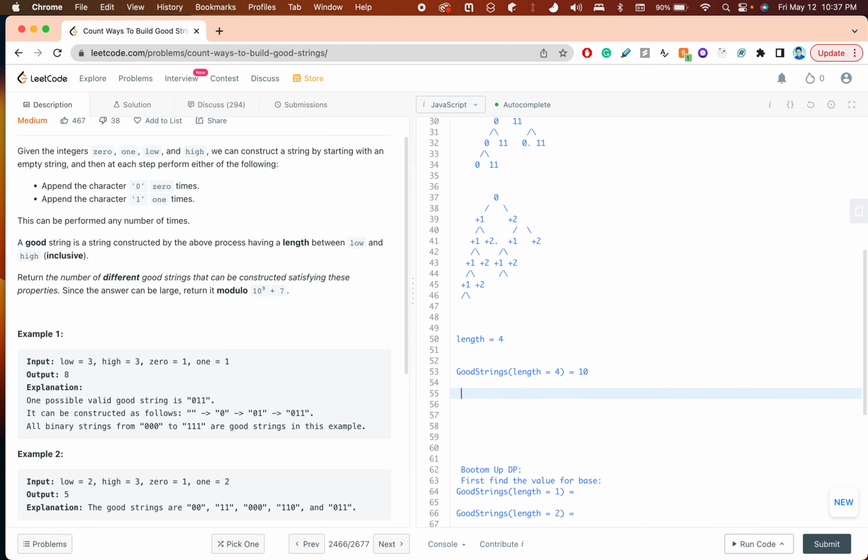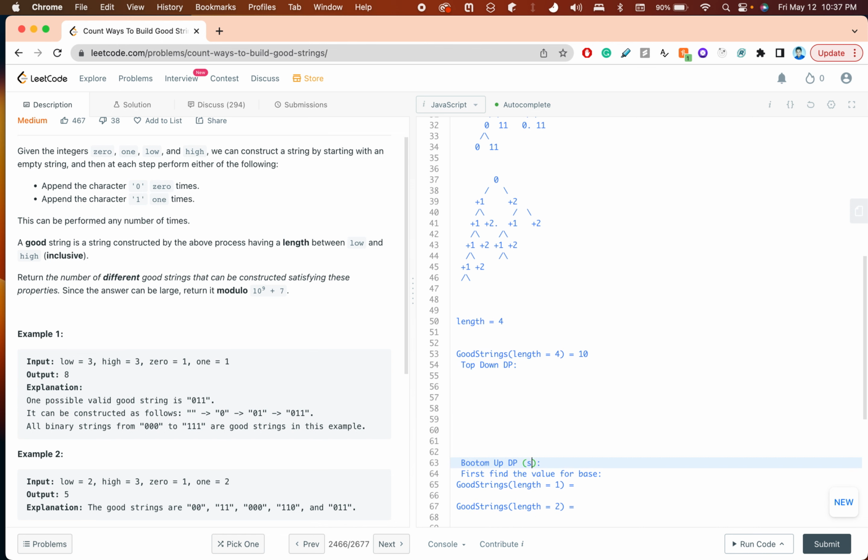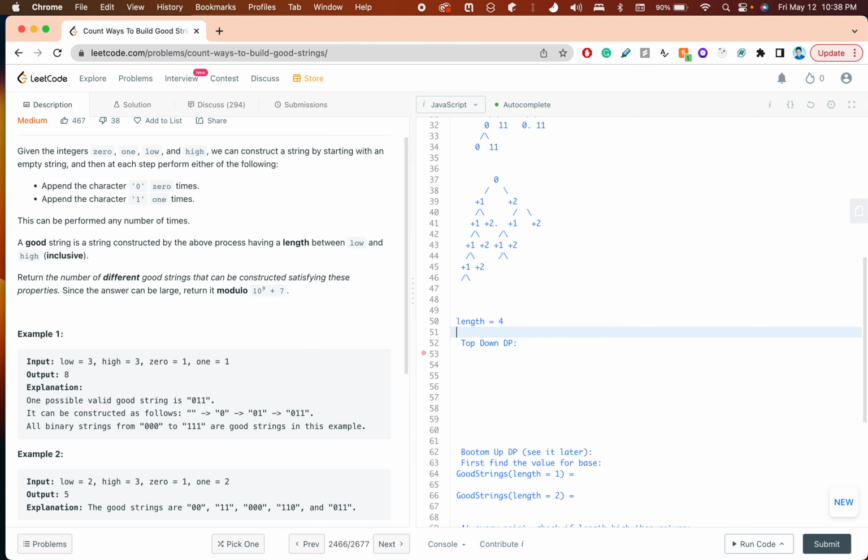So first of all, I was saying that I will do top down DP first here. So I'll just leave this, see it later, and now I'll look at top down DP. So top down, we're coming up to this, right? I was thinking until this. So good strings length equal to 4 is equal to 10, right? So it means that, will I be able to save this value? So 1 1 1 1 4. If I reach 4, then if I know that that is the value, then